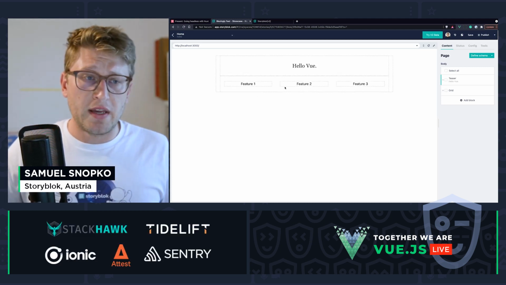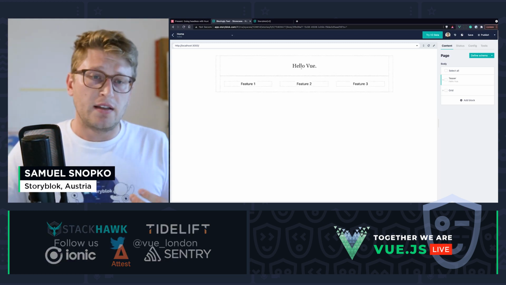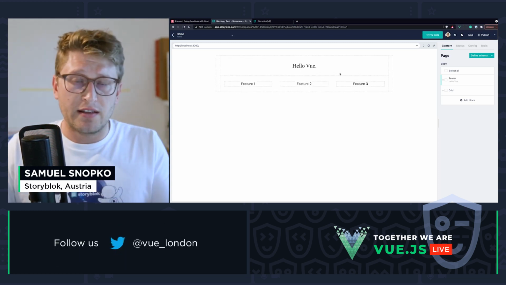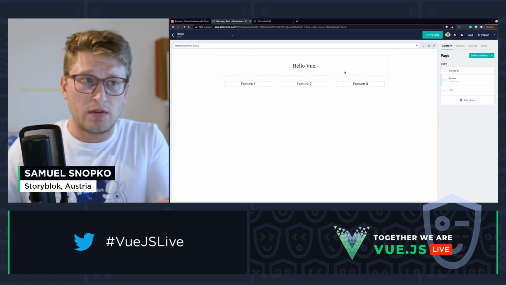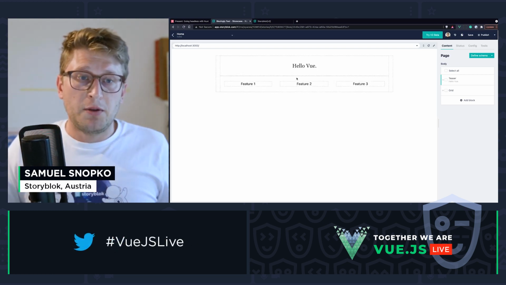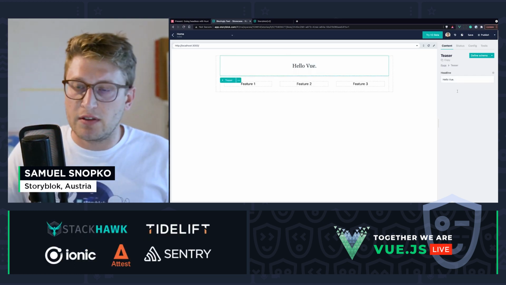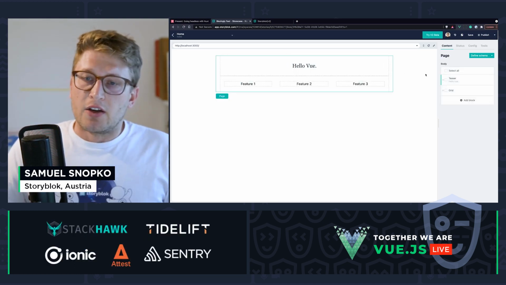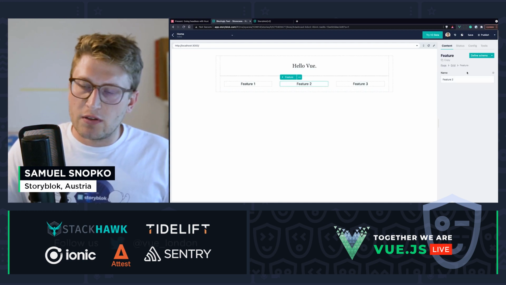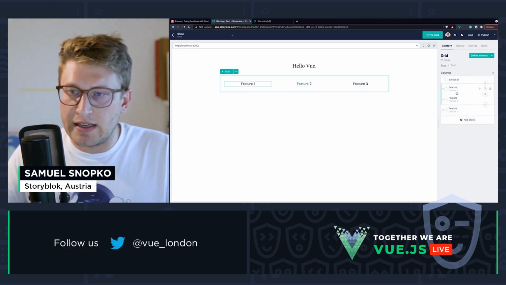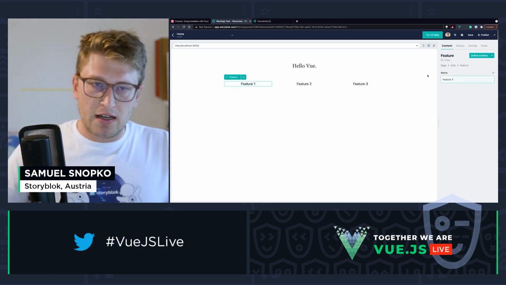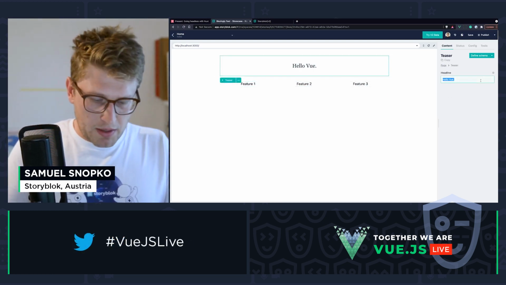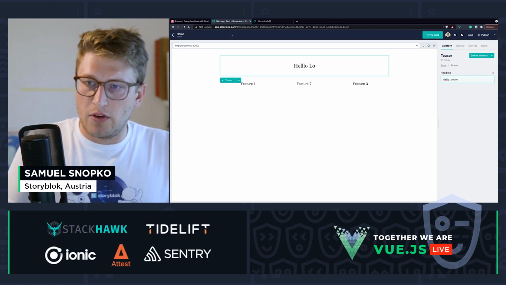This is really cool, because we are not only able to add some outlines and identify our component, which is a little CSS we are adding to the development environment, but we also have clicks here. There's a connection, and if I click on feature 2, the right content is opened on the right-hand side. And this doesn't work only one way, it works also the other way. So if I start to change the hello, for example, back to hello London,